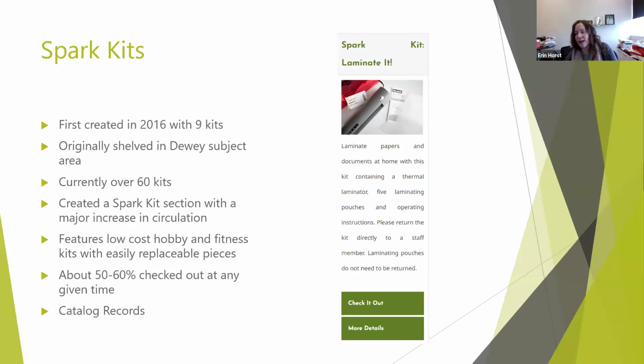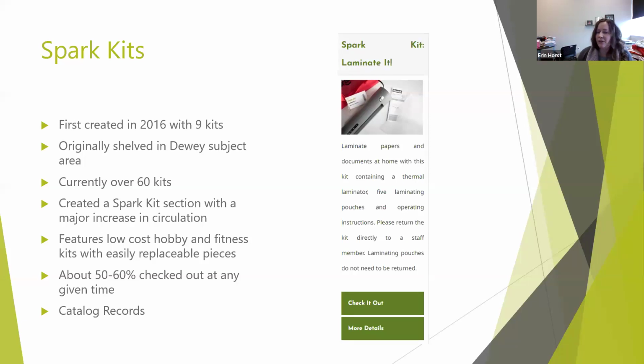So we have a mix of hobbies, some fitness equipment, just real basic stuff. I have a picture here of our laminator, which has a holds list on it, to the point that we have bought 5 of them now because people are so interested in this thing that they'll probably only need to use every once in a while, but don't want to have to buy one for themselves.